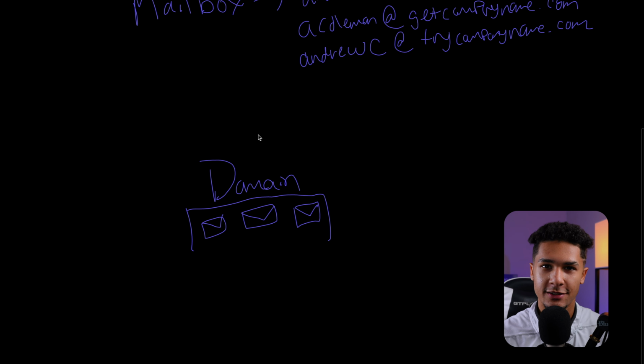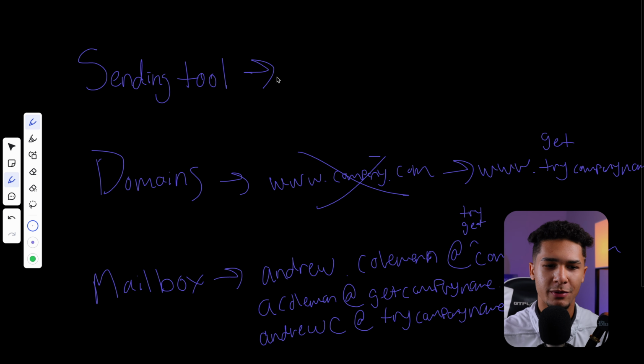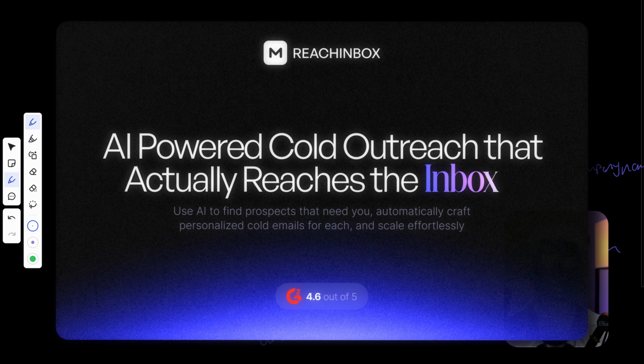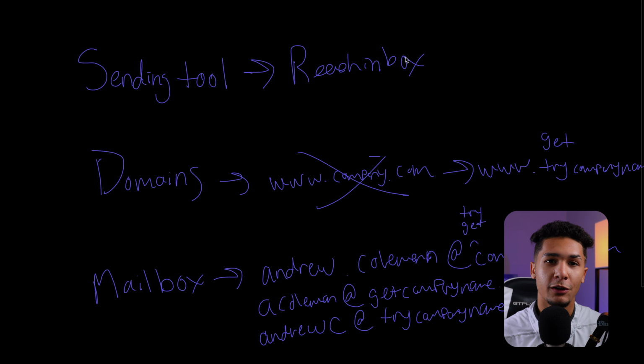so that way we can actually send these emails out to your lead lists. And there's a couple different sending tools that you can use, but today I'm going to be going over Reach Inbox. I use Reach Inbox for my own cold email campaigns. Their sending volumes are actually double most of the other platforms, so you can send out more volume, especially if you have an offer that you're working on. You can iterate on that a lot faster